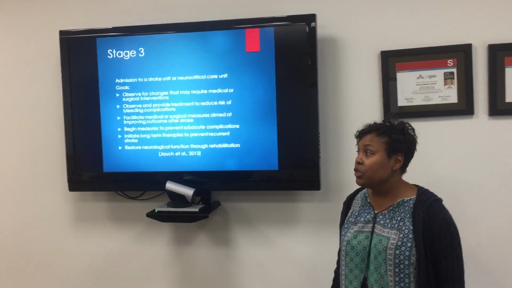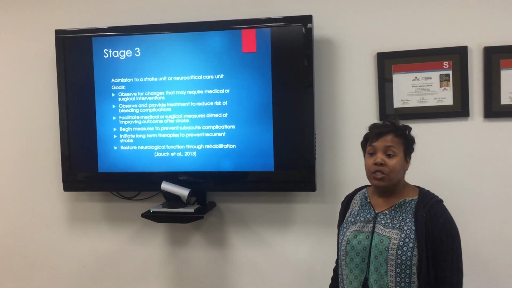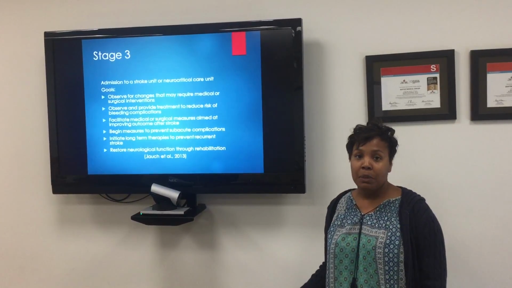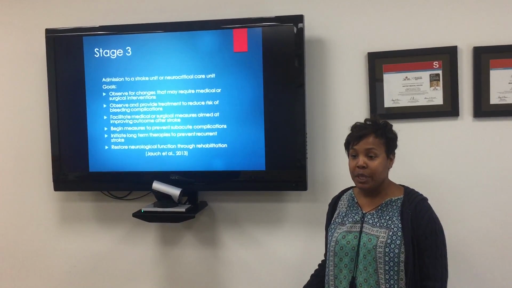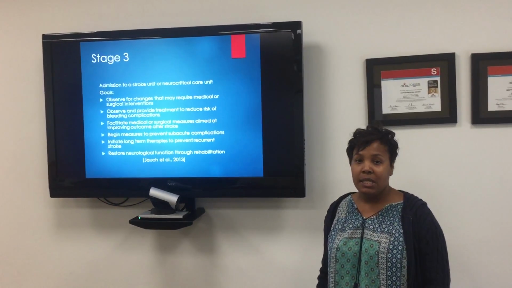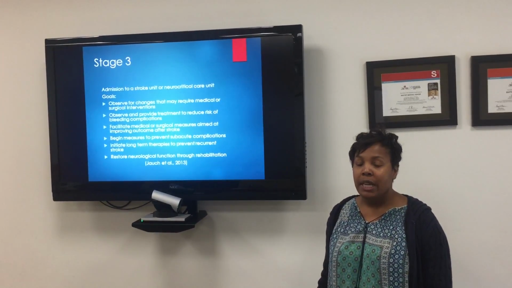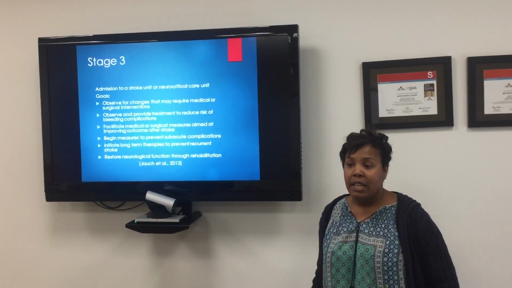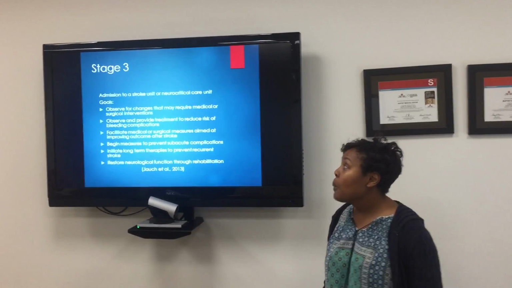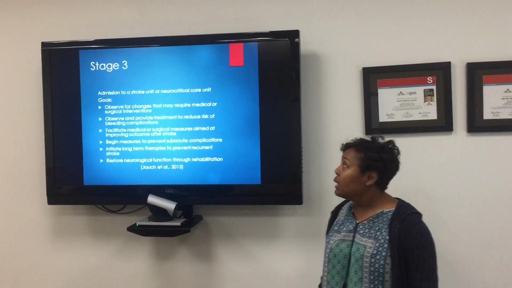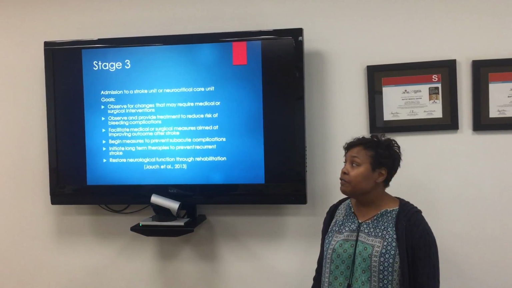Jacques and associates recommend that stroke patients be sent to a stroke unit because these are the multidisciplinary team that are experts. They know what to assess, they know what to monitor, and they can provide interventions that will ensure that the patient has optimum outcome. Some of the goals are to observe the changes that may require medical or surgical interventions,